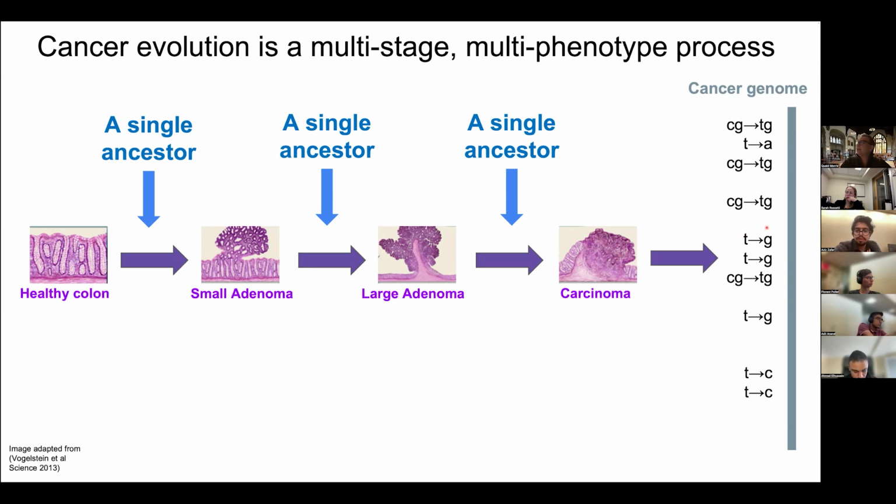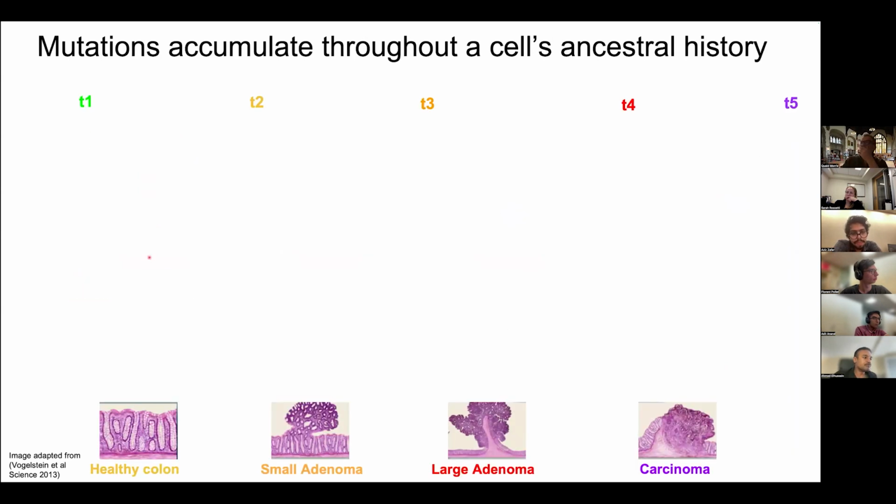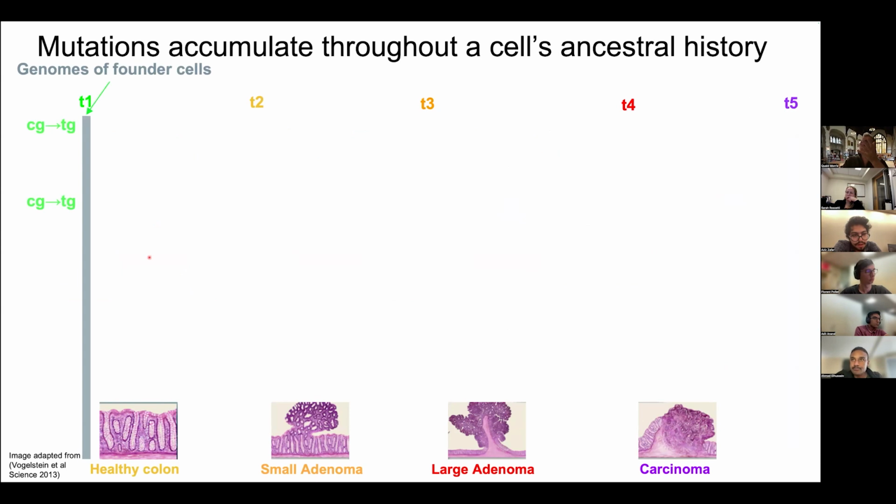At the end of the day, we get a cancer genome, but in some cases it's actually possible to assign timing to the mutations, to understand where and how they ended up in the cancer genome. So you can say in what context those mutations occurred. Okay, let me add this little cartoon that shows that. So if you imagine this type of mutation that I'm